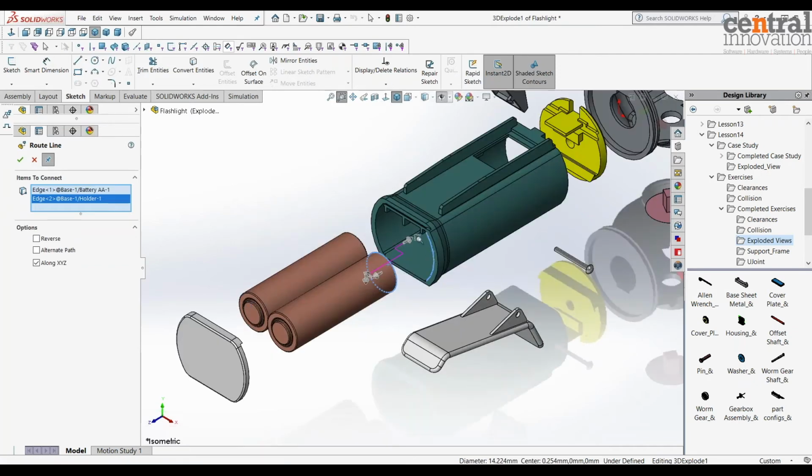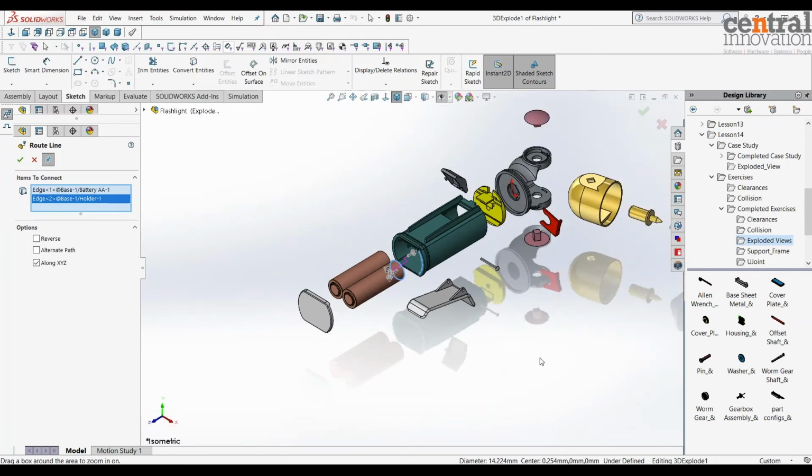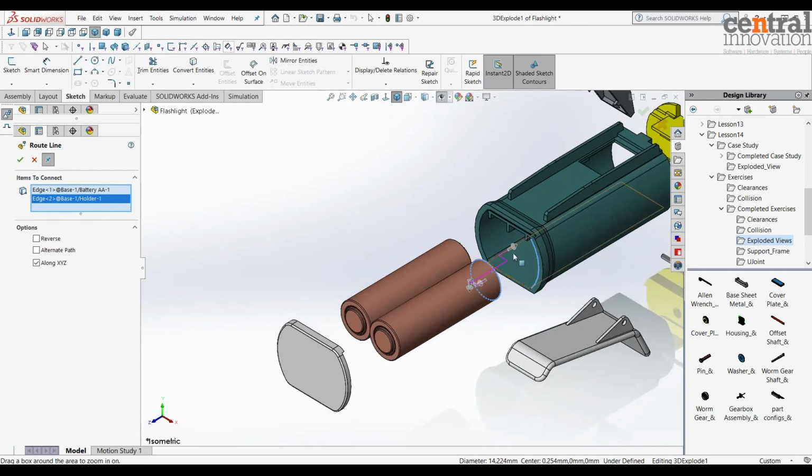And as you can see, it's routed differently, and it was so time consuming. In case that you have a very large assembly, it was so time consuming. Let me show you, for these two batteries and this edge, you can see how it is different. It is not my favorite, so I have to do different selection and really find the best possible line that I can get using this manual